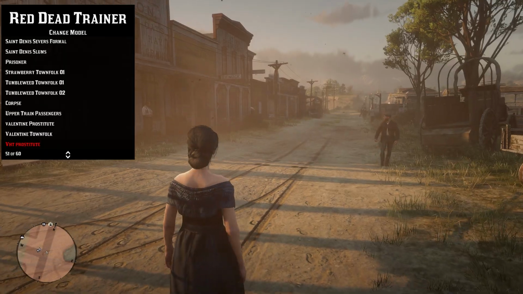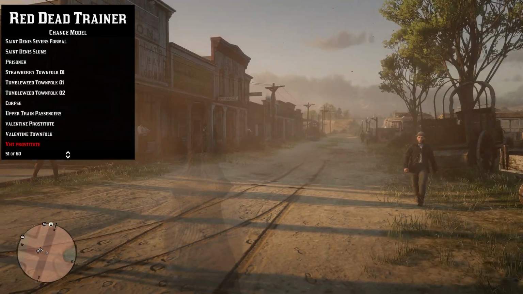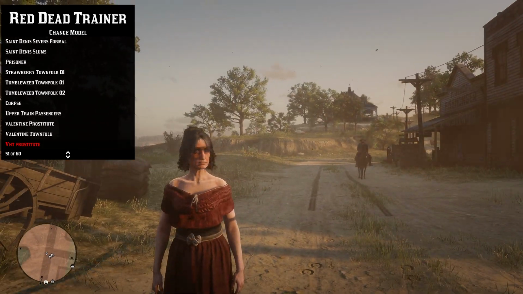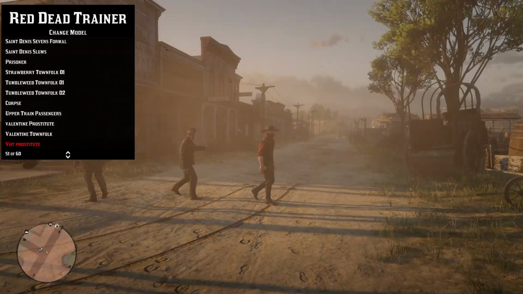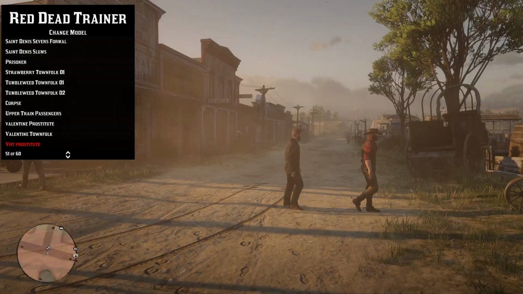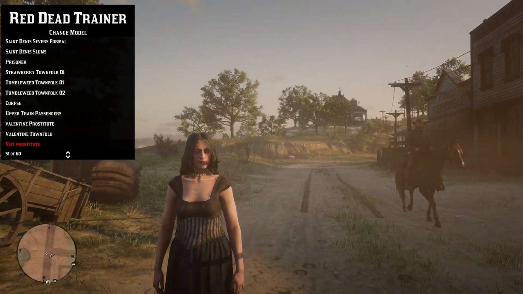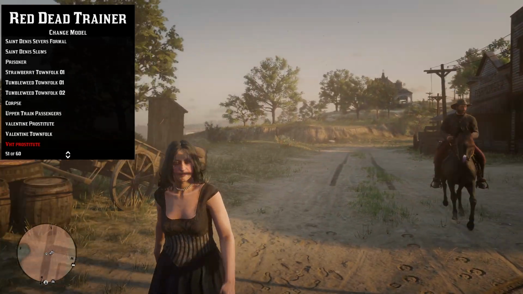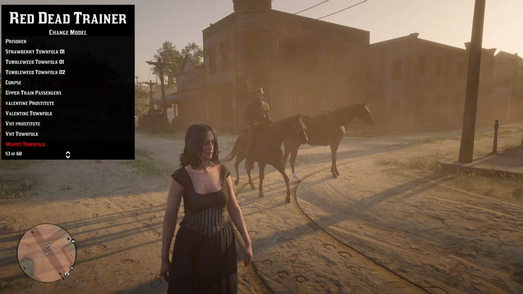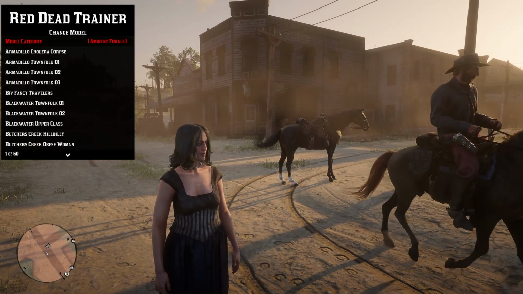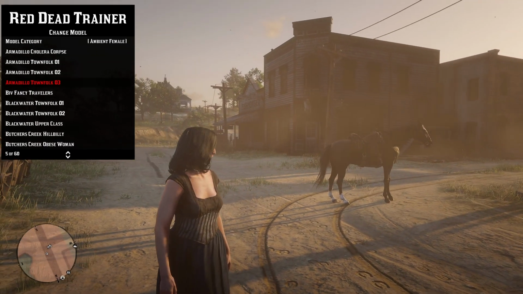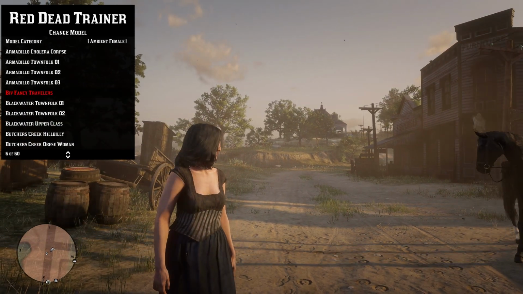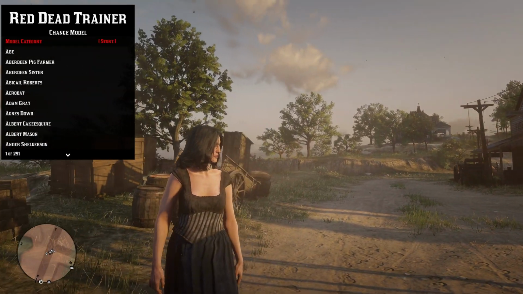And you also got the Van Horn ones. Or, yep, hopefully I'm correct. Yep, I think so. These are the ones you see in Van Horn, sitting in the saloon. So, you could go to any place. And then you also, if you want to play as one of the story characters, you have to go to